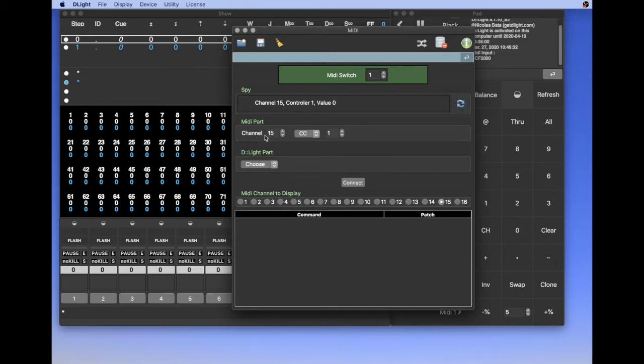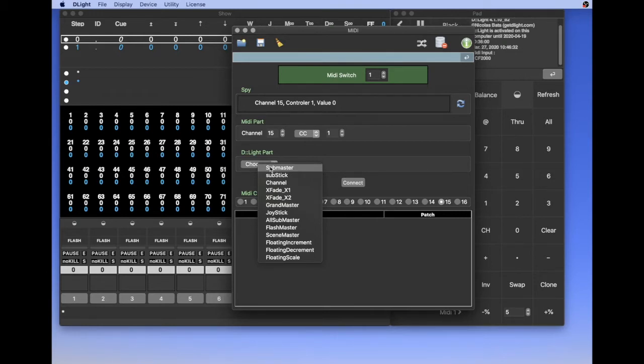This is channel 15, MIDI channel 15. CC means controller. You see, you can have Note, CC, PC, and C6. PC and C6 are not used anymore by my controller. So I let it CC, and I choose to which part of Daylight the CC will be patched.